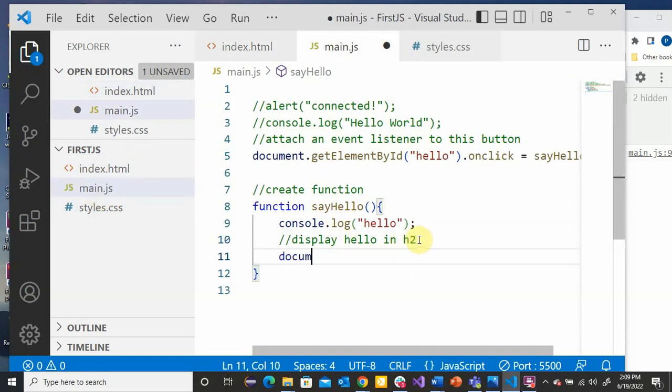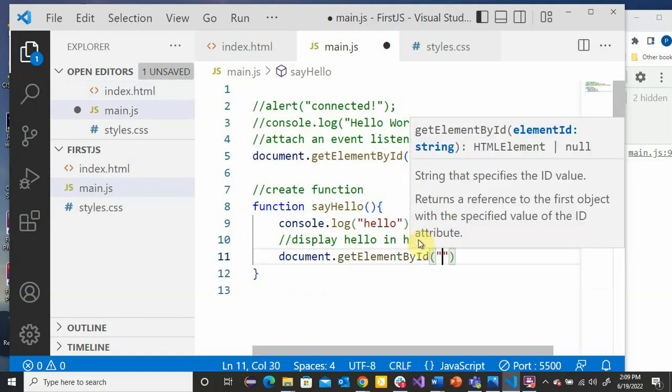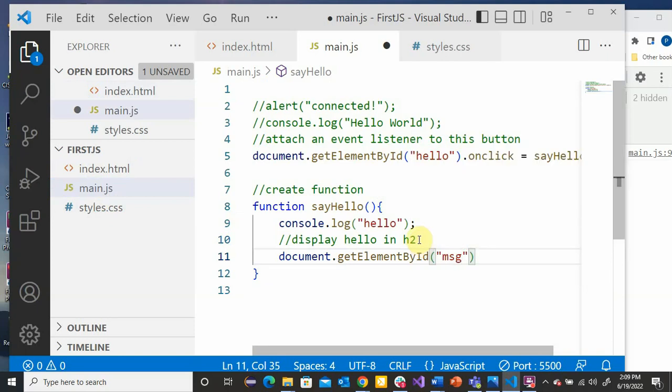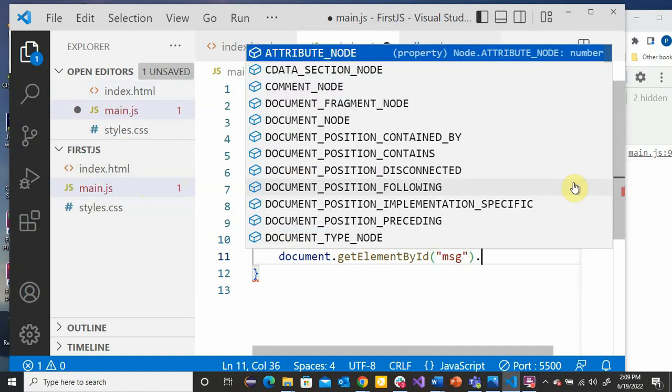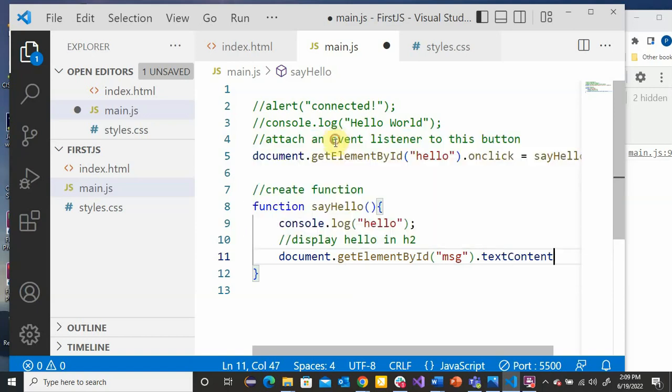So it's going to be document get element, remember capital E, by ID message. Now, this is an HTML element. I'm going to do dot text content equals